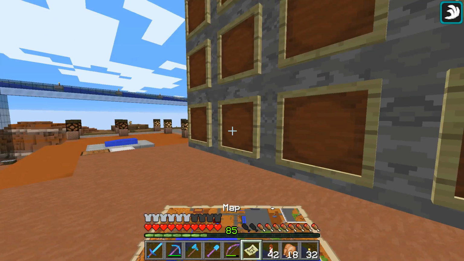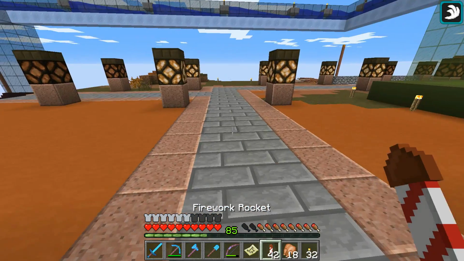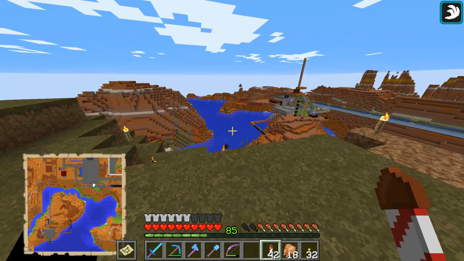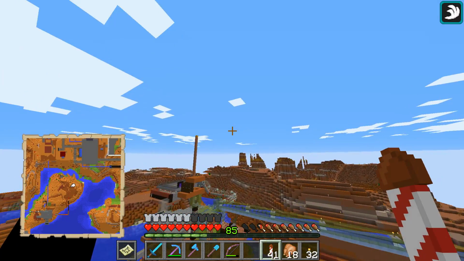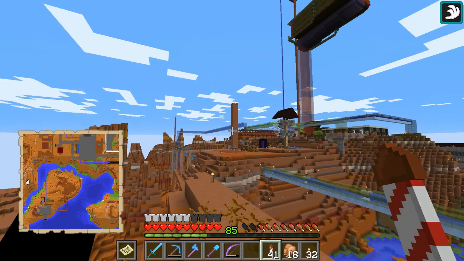So let's see, where do we have to go for this one? It looks like it's down by the breeder, so let's put this in my offhand so I can keep seeing it, and we'll go fly down. I think it's already cleared it. Yeah, it did. So let me find a spot here where I can land,